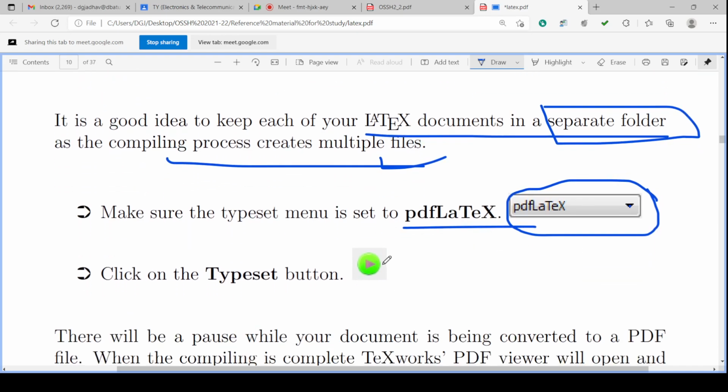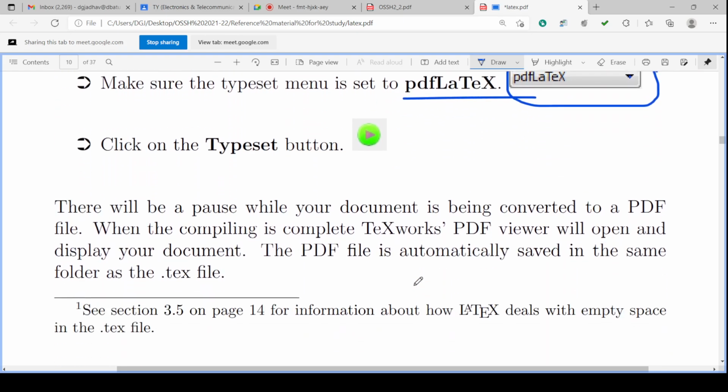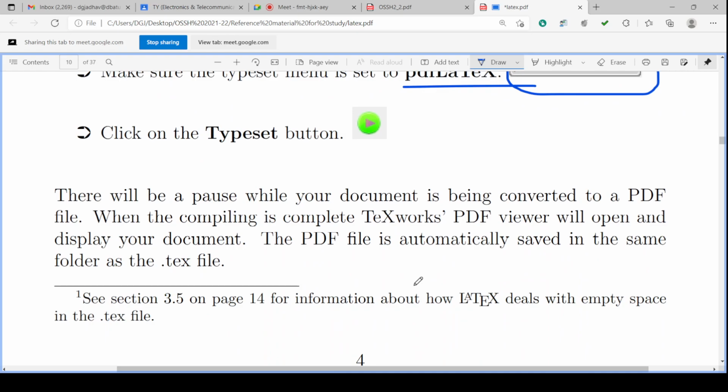We'll click this button. If any error is there, then it will become red and have a white cross on it. We have seen that yesterday. This will start the compiling and generate the file, which is PDF.